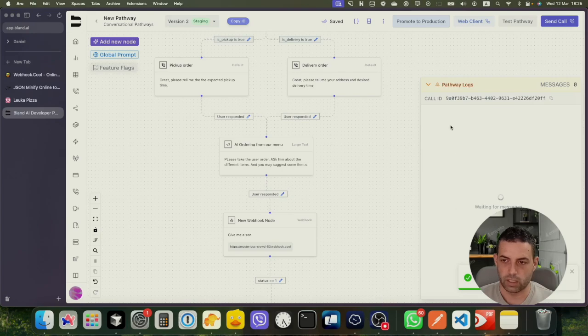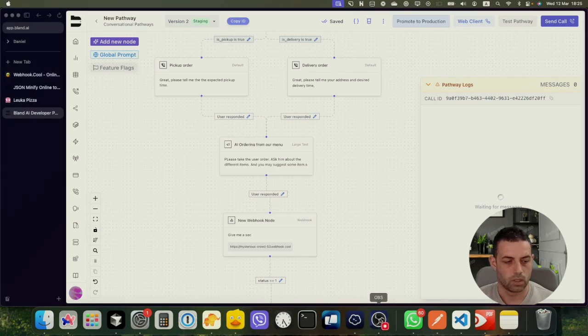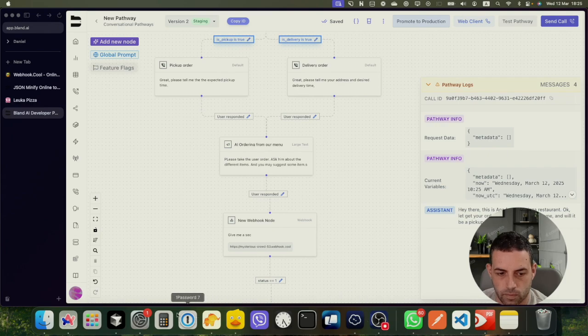And directly a pathway log opens, so we can see the variables. So you can see that now I'm receiving a real phone call from United Kingdom, which is the Bland.ai, and I will answer it and put it on speaker. This is Anna from the pizza restaurant. Okay,